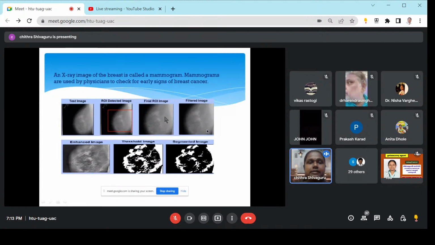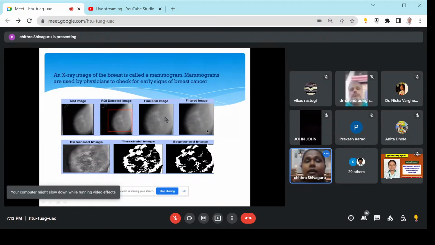Let me move to the next part, which is like most of the female image processing, which plays an important role to diagnose and give treatment to females. It is the X-ray image of the breast. It is called the mammogram. You would have heard this term. If any woman is there, you would have heard this term from any of your friends. It is a mammogram. It is used by the doctors for early diagnosis of the breast